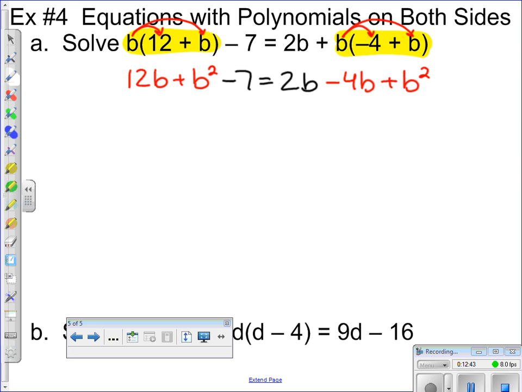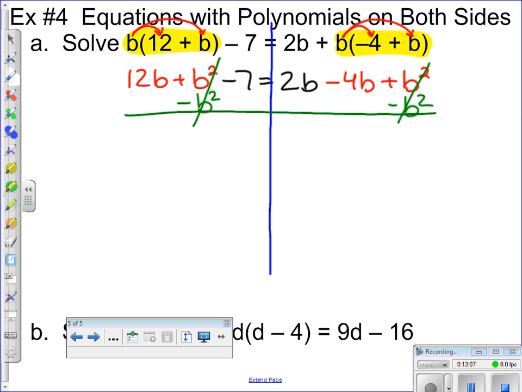Now we'll look, since we have an equal sign, we can't just combine like terms. Instead, remember, what you have on one side, you have to do to the other. If you notice there's a b squared on both sides, since it's positive, you should minus b squared. That will cancel both of them out. Bringing down the rest of the problem,